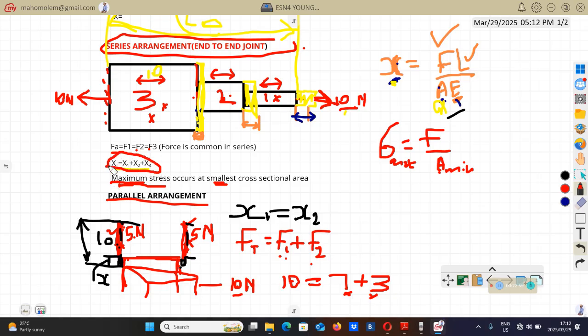So total extension will be equals to x1 plus x2 plus x3 plus x4. Oh, sorry. Okay, this thing depends on the number of sections that we have. You see x total equals to x1 plus x2 plus x3 is because we have 3 sections. We've got 1, 2, 3. So if it happens that the question has another section, like we put something here, which is going to be the fourth one, then you have to put x1 plus x2 plus x3 plus x4. So this x depends on the number of sections that we have in that particular problem. So to calculate x total,